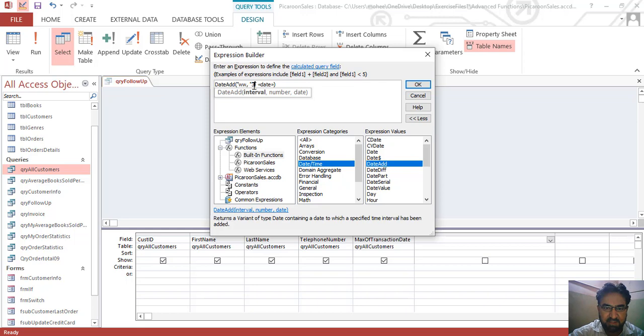And in the date field we would like to refer to the max of transaction date field. We need the data from the max of transaction date.